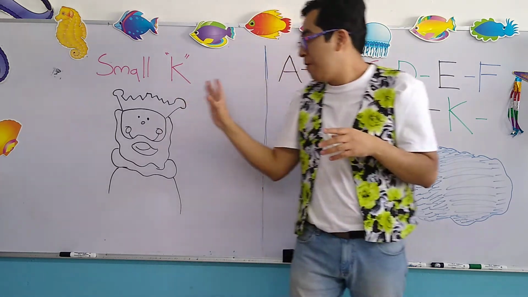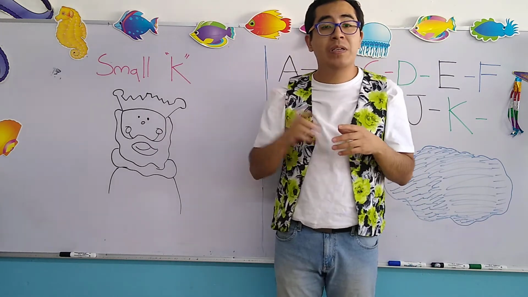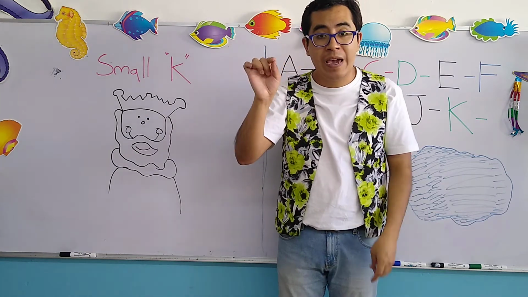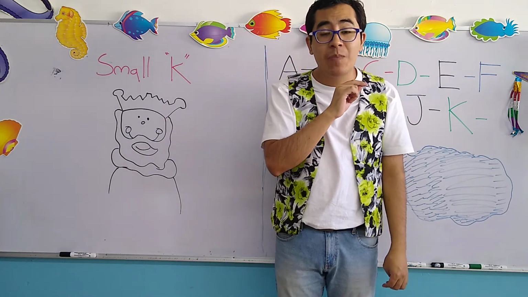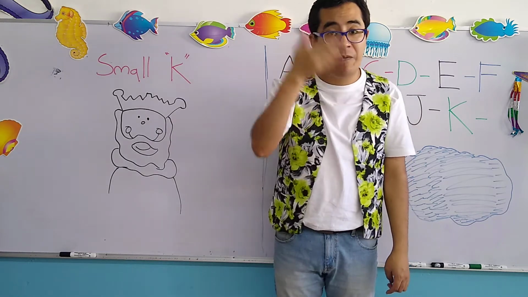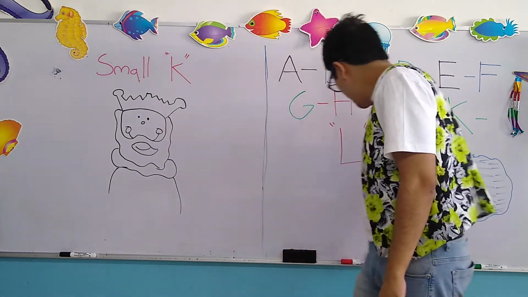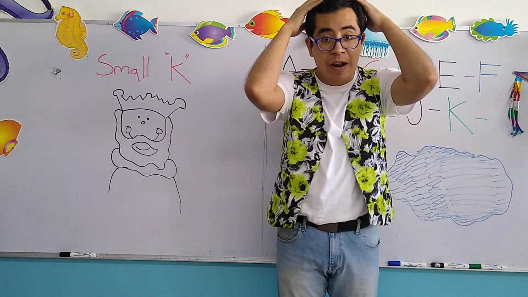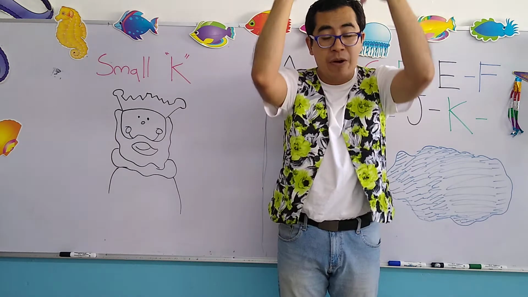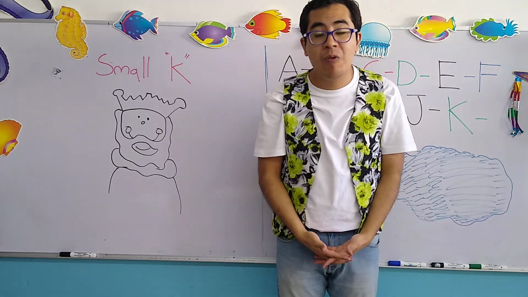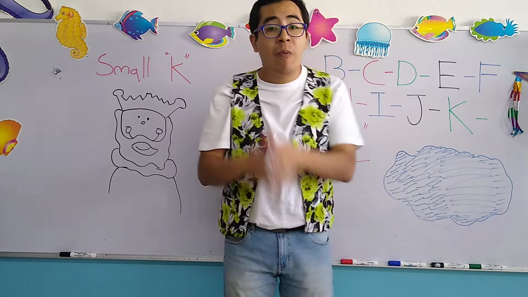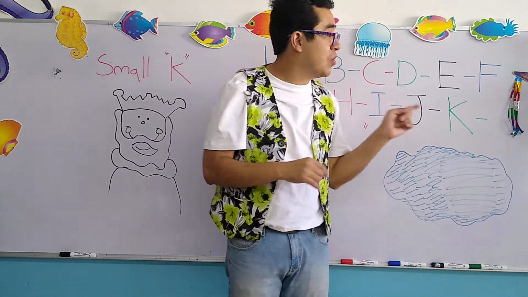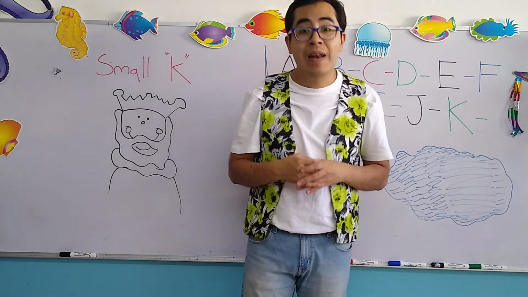Now, very good. For this, remember, this activity appears in your textbook. You have to trace small k, and once you have finished, you can paint your king. Remember, the face of the king can be with color pink, the beard and the hair with color white, and the crown with color yellow, okay? Very good. Now, once you have finished painting the king using a small k, let's continue with the new letter,